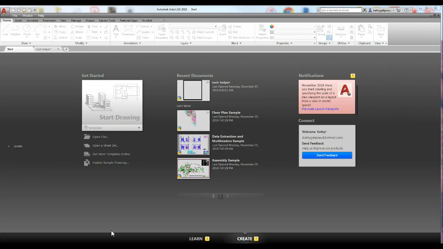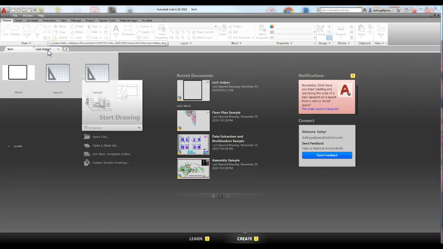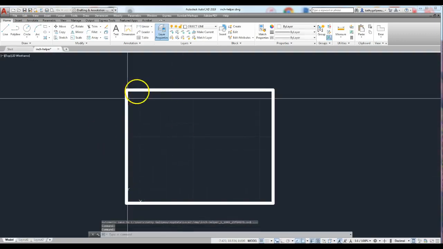And we want to start with the exercise 9A instructions, and we're going to edit those just a little bit so that you can get your border to be the correct size for your art project. So go ahead and open up your inch helper. It doesn't have to be the template, it can just be a DWG drawing, and this is what you're going